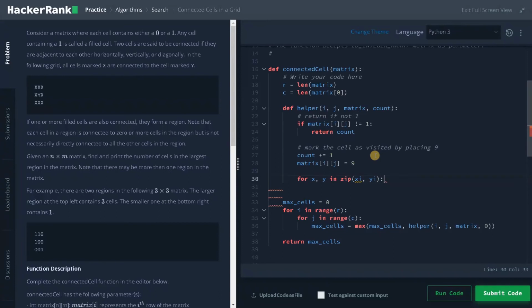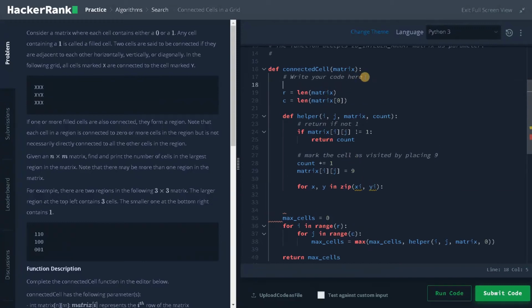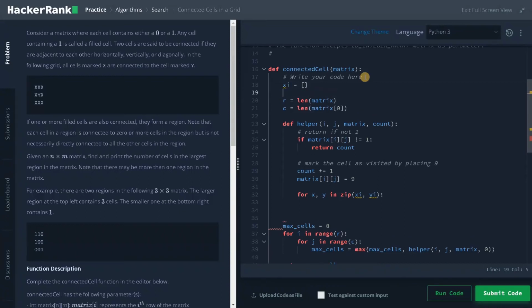So this is the increment index, but I have to specify it before using it. So I will specify it here because we have to use it again and again. So what I'm going to do is initialize array of xi with a list and yi with a list.